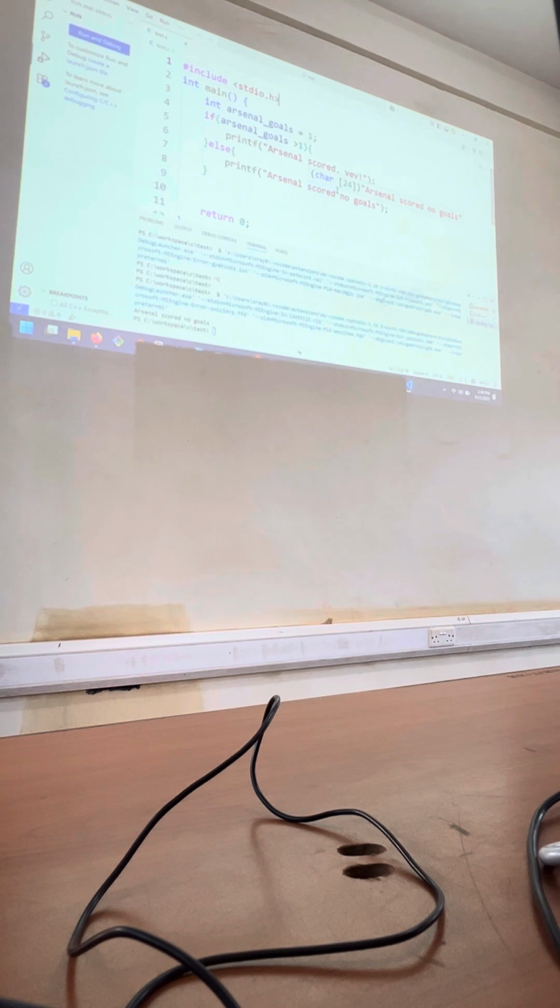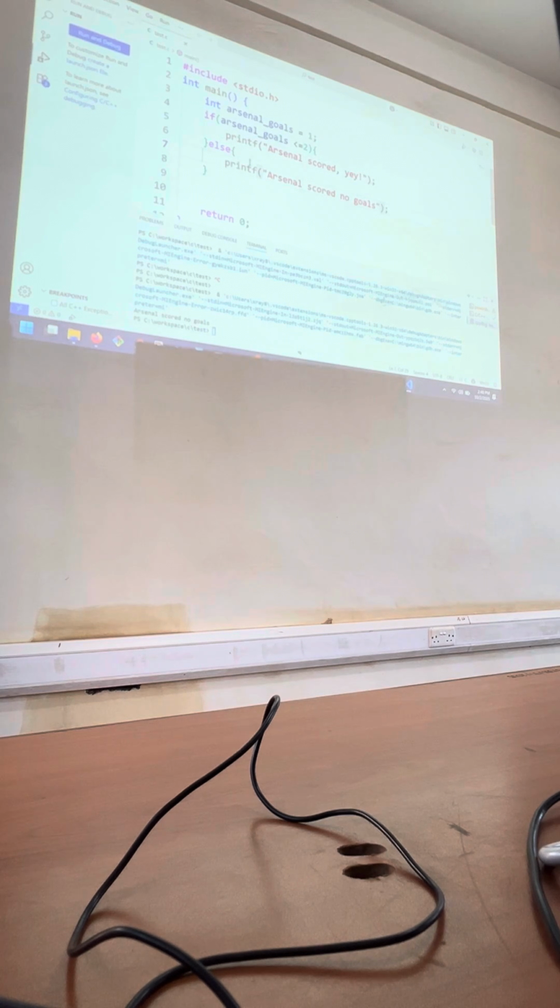So it might be something like, maybe if Arsenal goals are less than or equal to 2, then you say, okay, Arsenal scored. That's the less than or equal to 2.